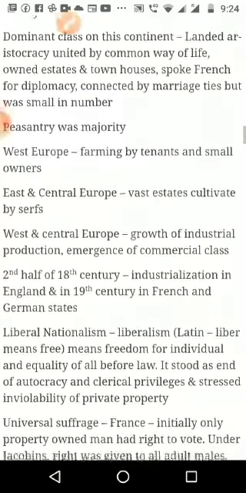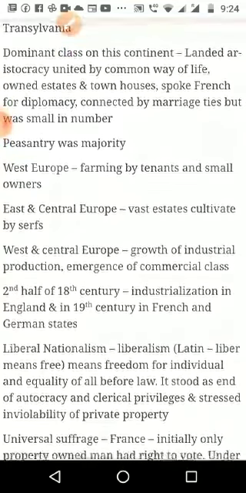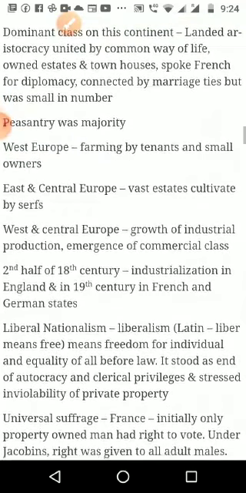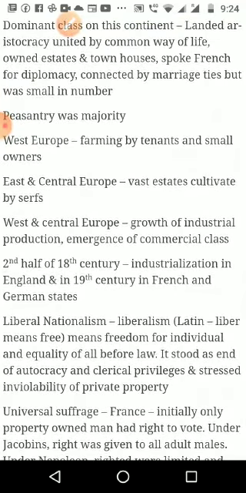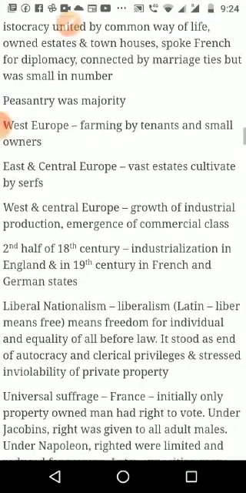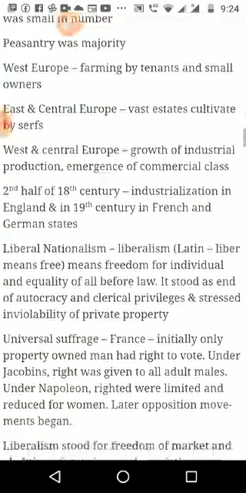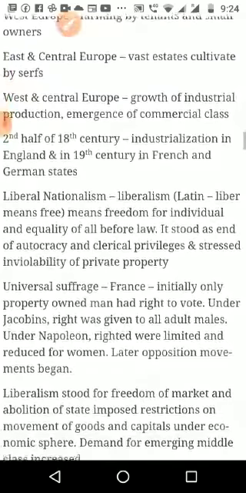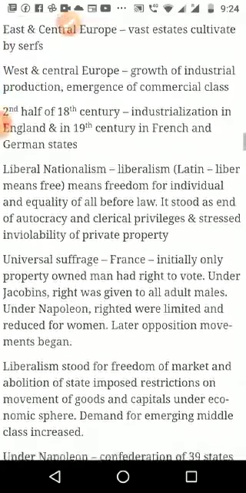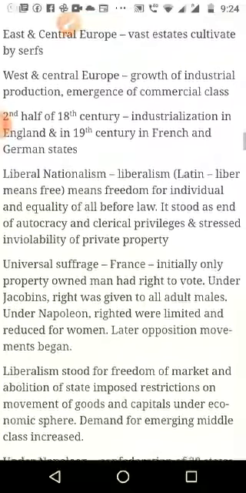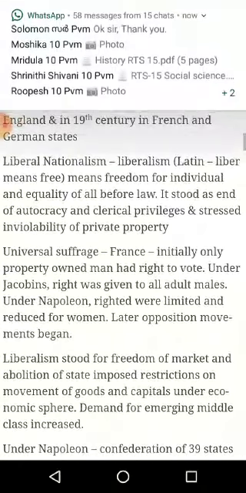The dominant class on this continent was the landed aristocracy, united by a common way of life. They owned estates and town houses, spoke French for diplomacy, and were connected by marriage and ties, but were smaller in number. The peasantry was the majority. In Western Europe, farming was by tenants and small owners. In East and Central Europe, there were vast estates cultivated by serfs. In West and Central Europe, there was growth of industrial production,